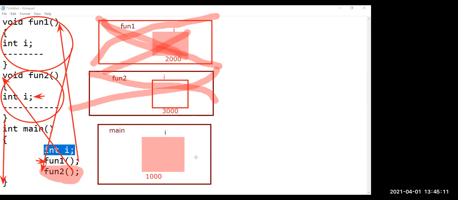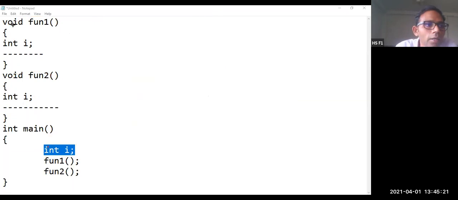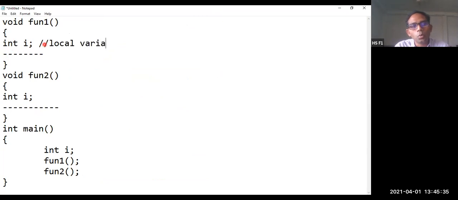Great. Now, the memory that is allocated is called a local variable. Can you see this integer i over here? This integer i is called a local variable. And coming to this function, this particular i, let us make it j. This j is also called a local variable.